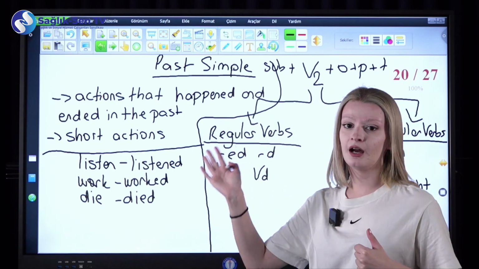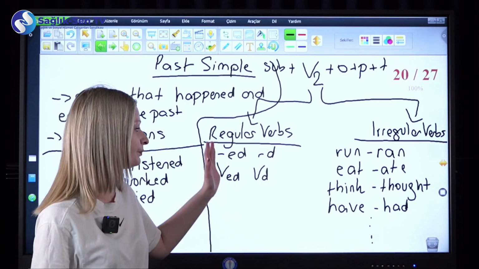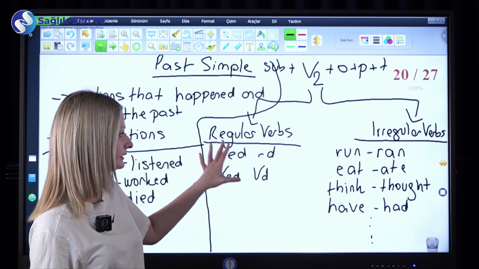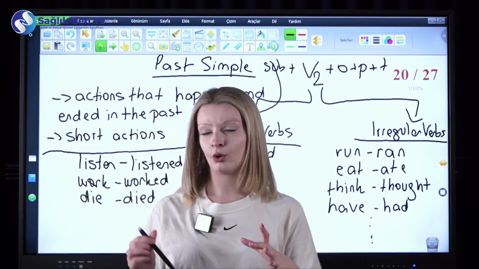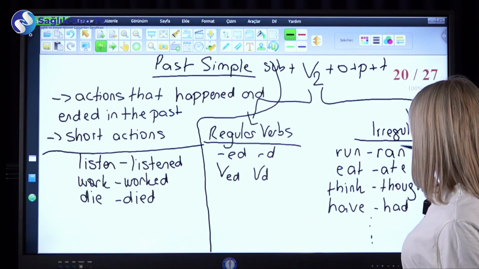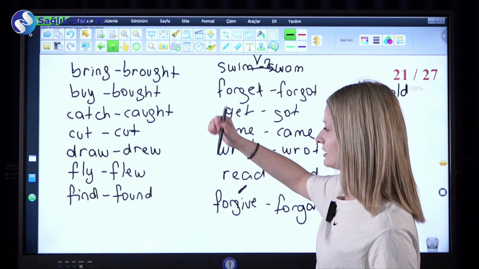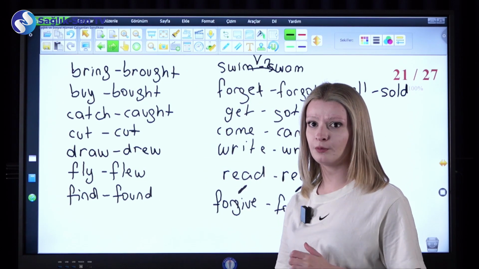First one, we have regular verbs, and the second category is irregular verbs. In regular ones, we add d or ed at the end of our verb, and in the irregular ones, our whole word changes. We have given some examples here,